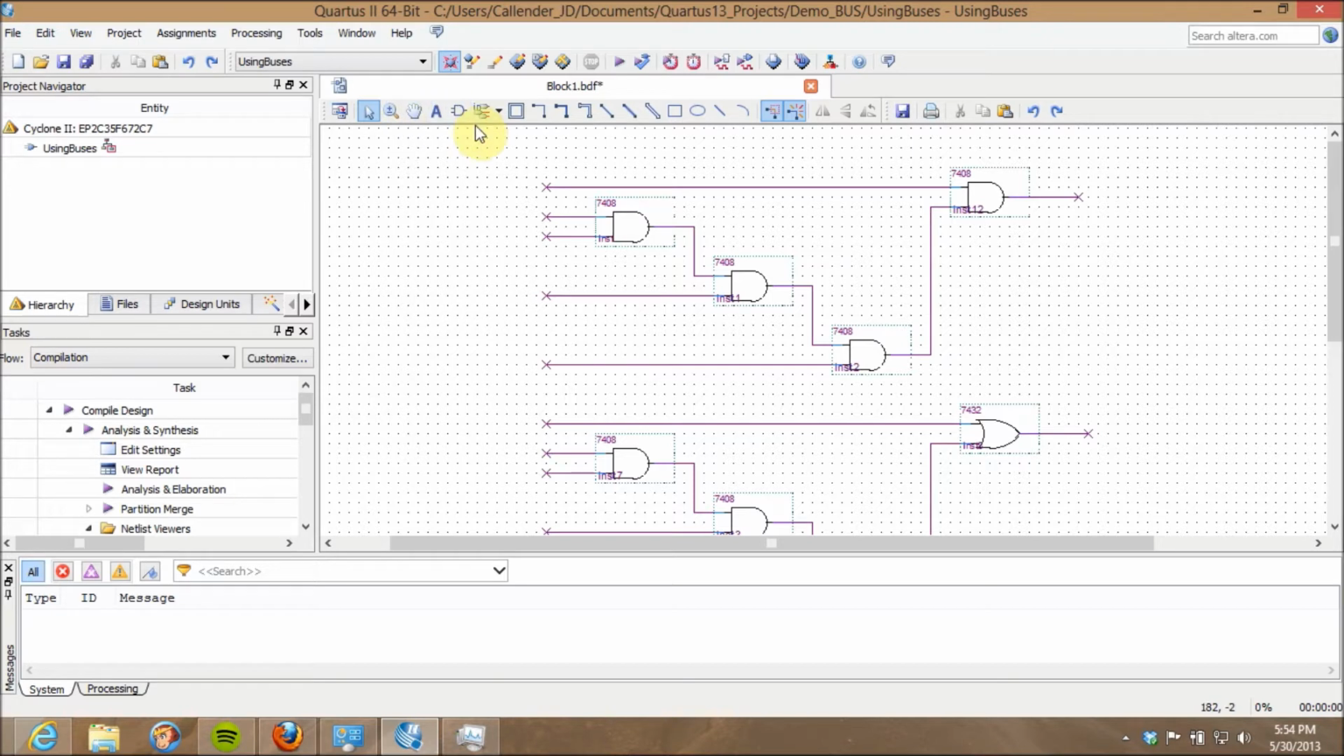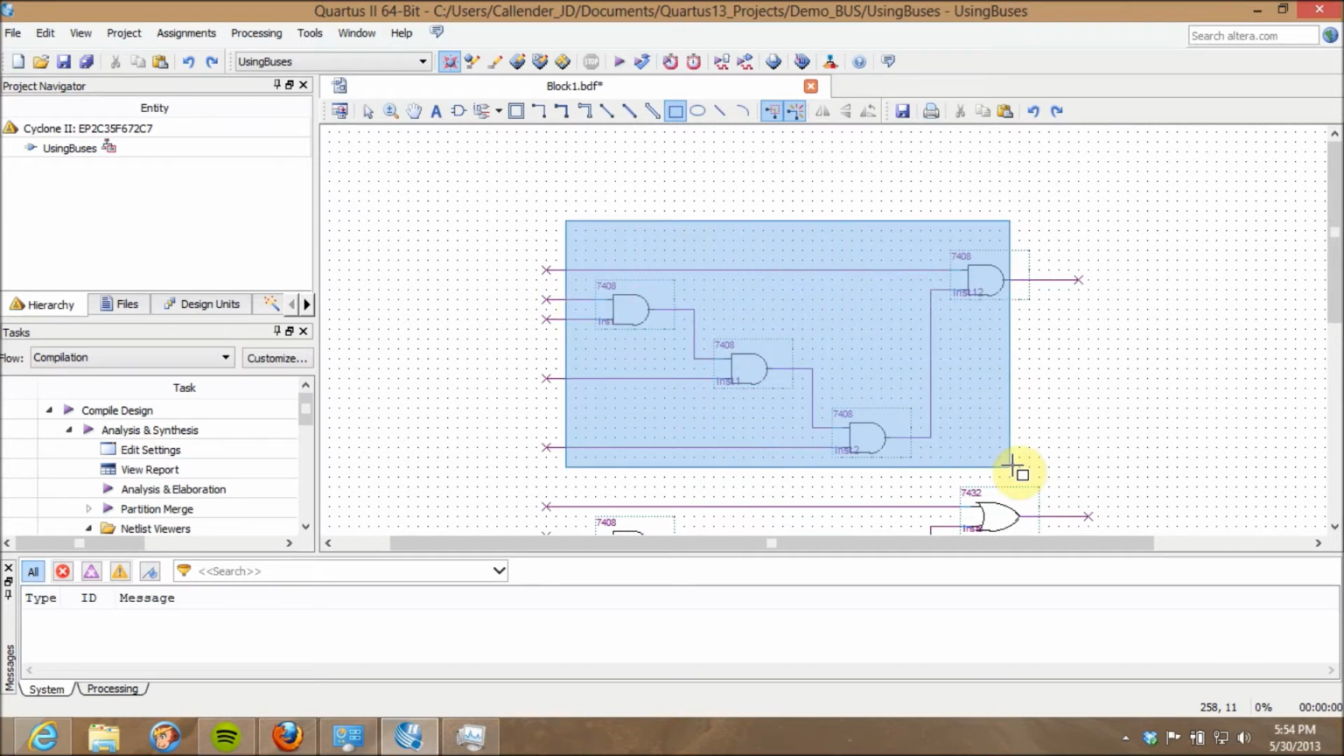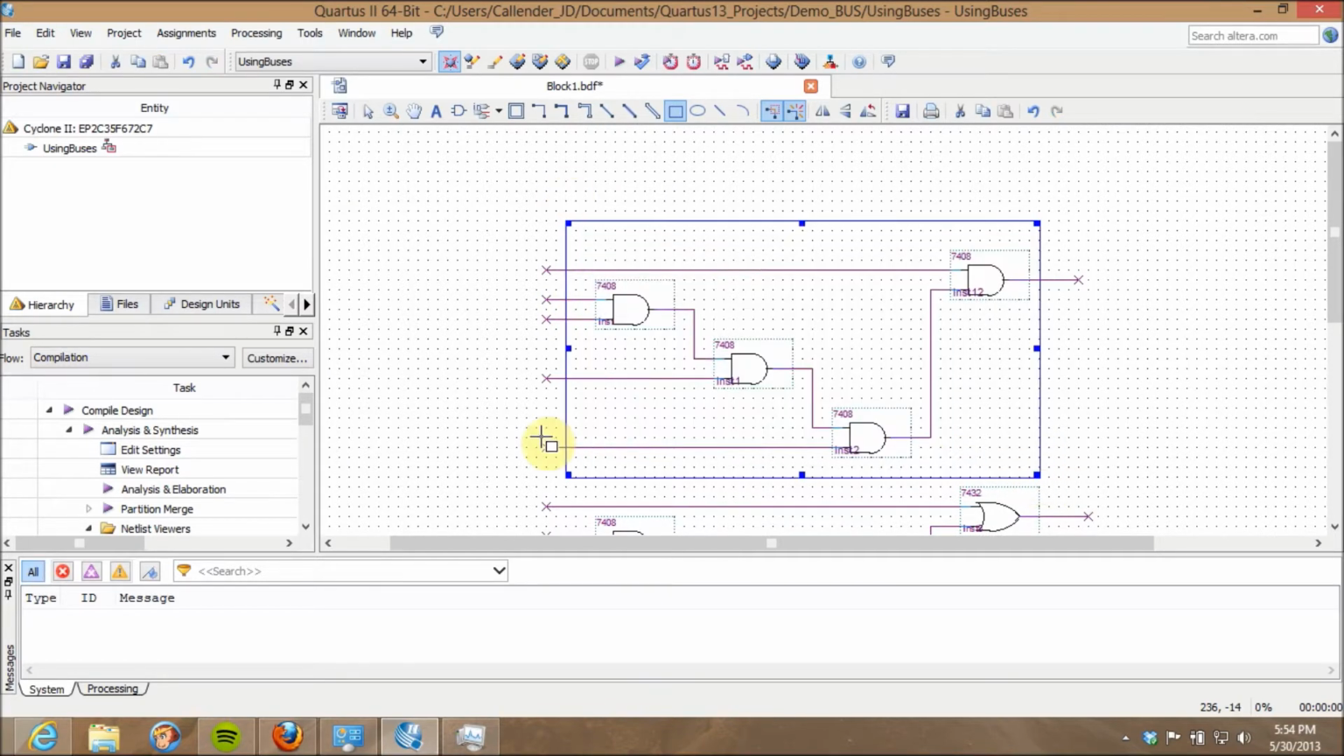But okay, so let's say that I know that all of these inputs relate to each other. So I want to label these in a way that identify them as being related to each other. So I would probably use a common name like A1, A2, A3, A4, etc. So instead of going through and adding an input block for each one of them, a simple way to do